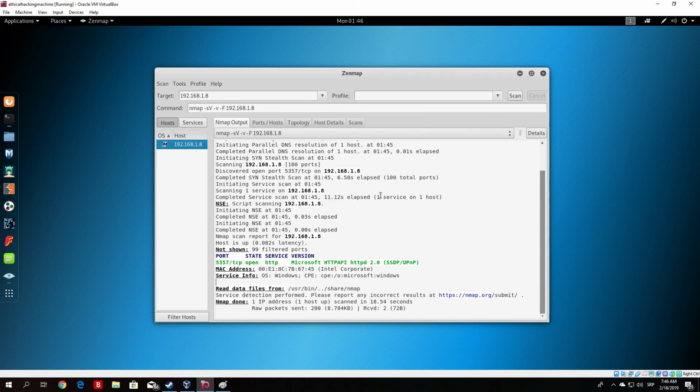So as you can see, once we scan this, we can see the hosts right here and the operating system, which is under the question mark right here. But if we perform the same scan and add the -O option for the operating system,